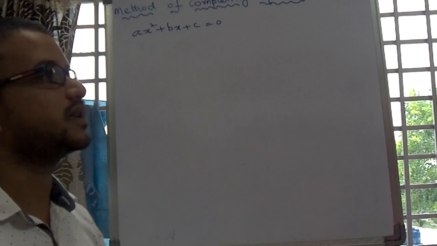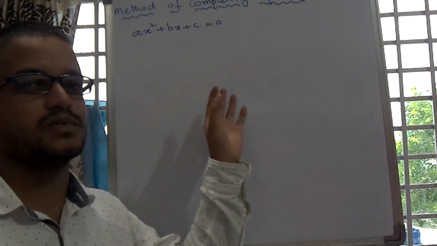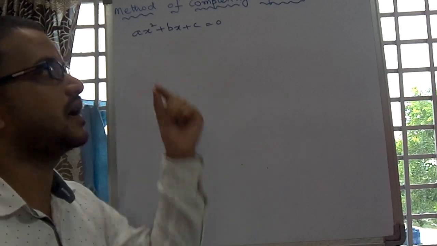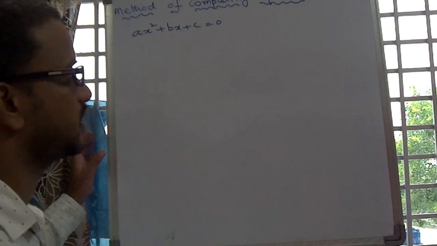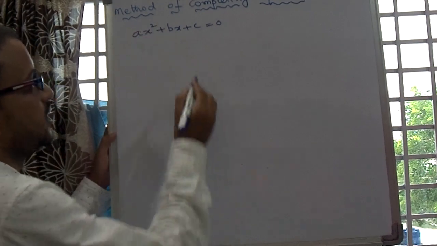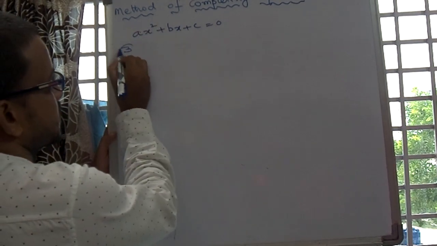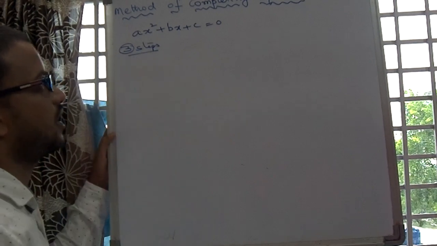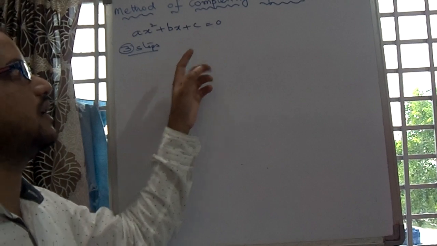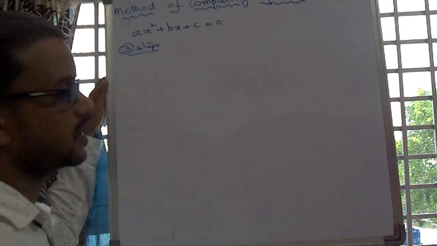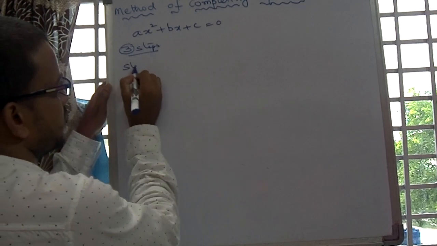Under this method of completing squares, let us observe how to solve, that is, how to find the value of x. In order to find the solution, we have to apply 3 steps. So remember, in order to solve the given quadratic equation under the method of completing squares, we have to use 3 steps. In the first step, that is step 1,